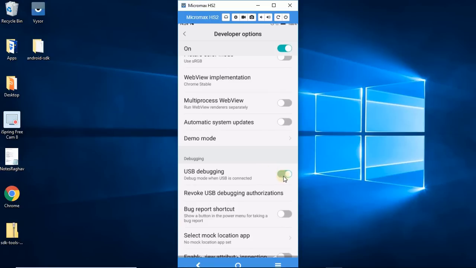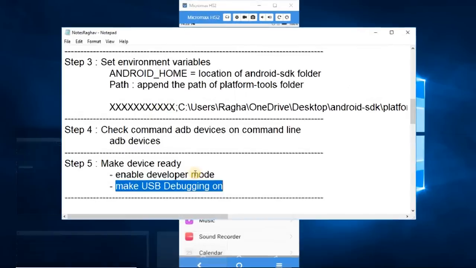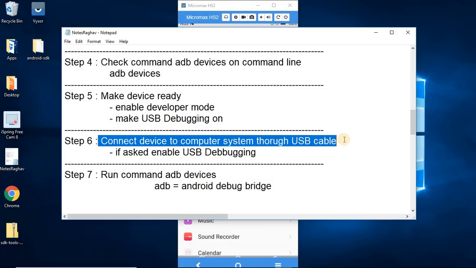So you can see this option, USB debugging. Make this on. I will not make this off, because if I make this off, this screen will go away. So I will keep it on, and you can also make this on. If it is off, you can enable it. And now this is how you will set up or enable your mobile device. And then once you have done this, you can connect the device to the computer using a cable, either a USB cable or whatever cable you use to connect your mobile device to your computer. You can use that. So I will now connect my device to the computer system,